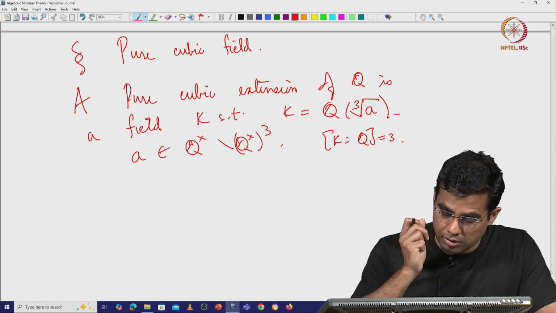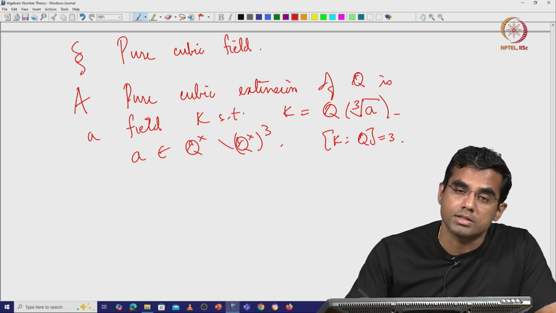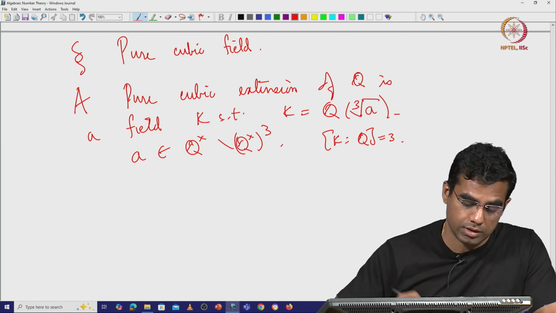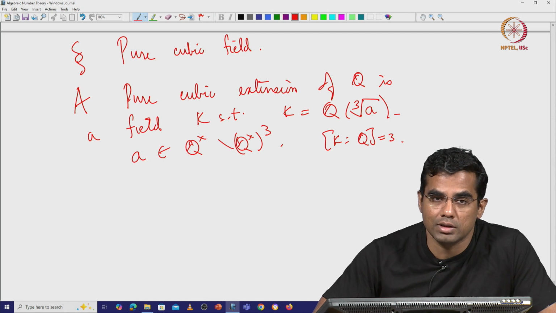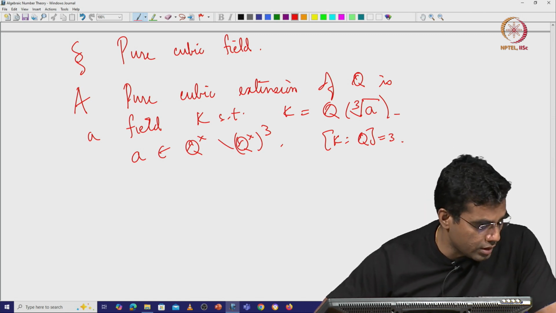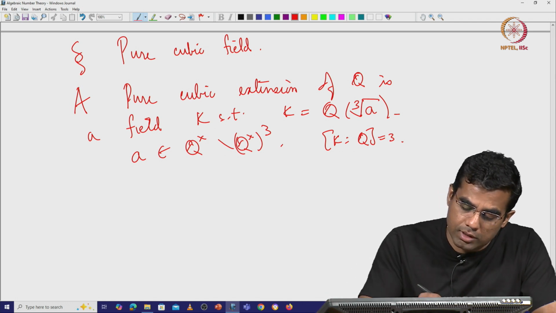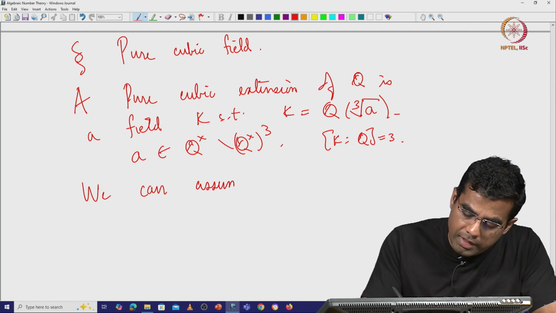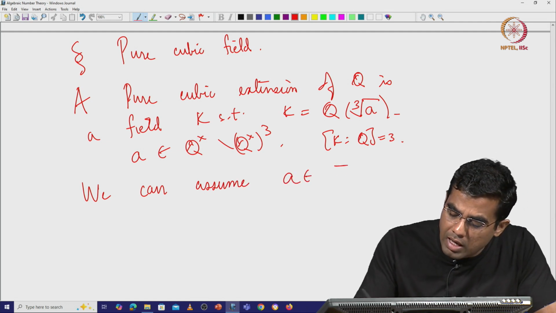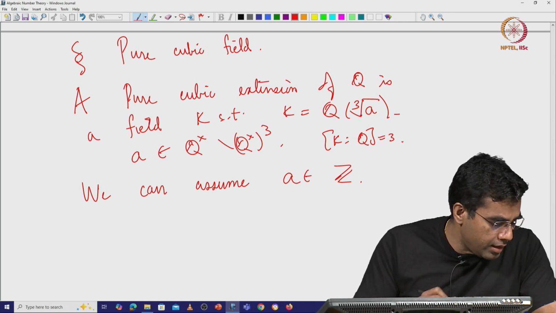a Galois extension. K over Q is not a Galois extension. Of course, there are Galois extensions of Q of degree 3 as well, but those are not included in this. So what we can do is, by clearing out denominators, we can assume that A is actually an integer, and then we can write